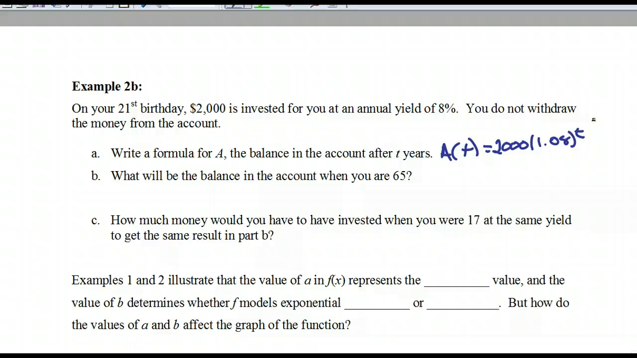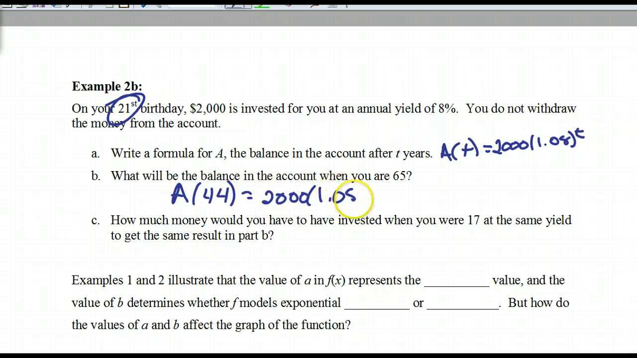So it says, what will the balance be in the account when you're 65? Good. And you need to know that I'm not going to put 65 in for t, because it was on your 21st birthday that it got put in, right? We're going to put 44 in because it's 65 minus 21. So A of 44 equals 2,000 times 1.08 to the 44th power. And you should get